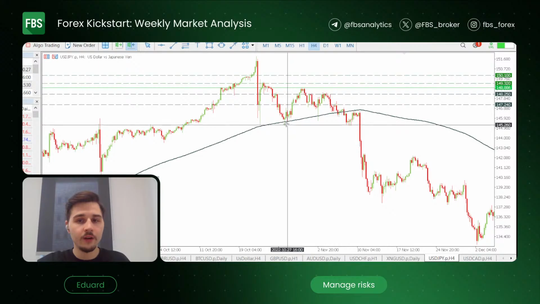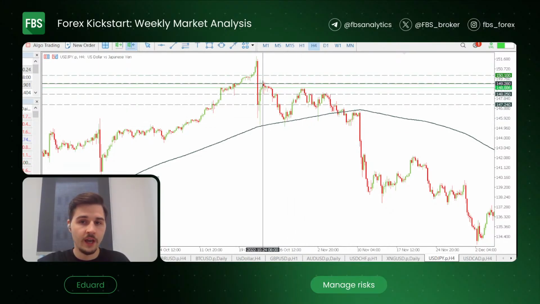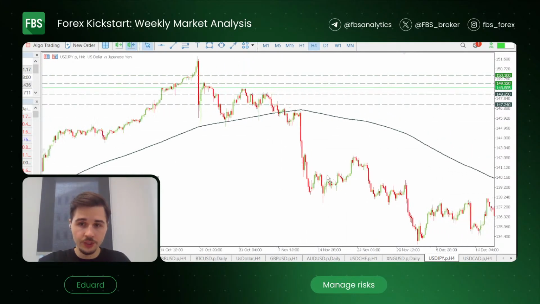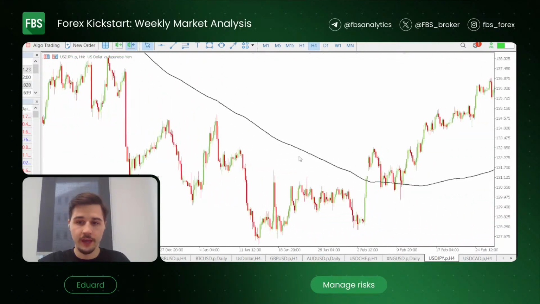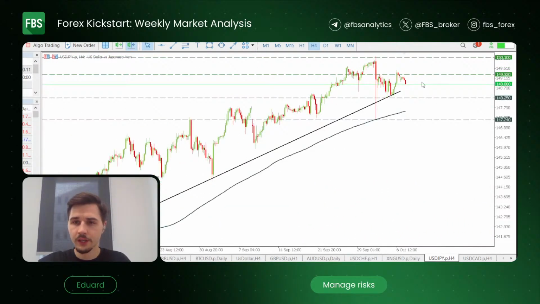So we had another wave down. We didn't have any higher high, so this high hasn't been broken, and the downtrend continued at least for the next 3 months. But here I see that this high is already broken, but this high is still intact. So we are probably still in a local downtrend,